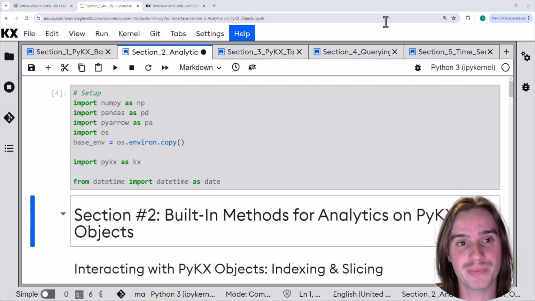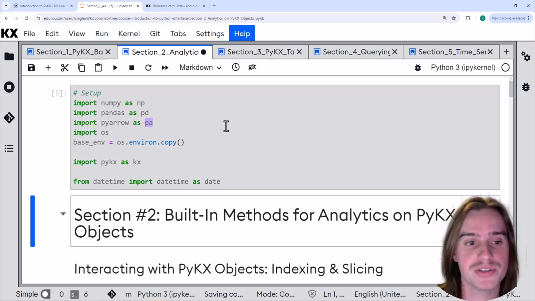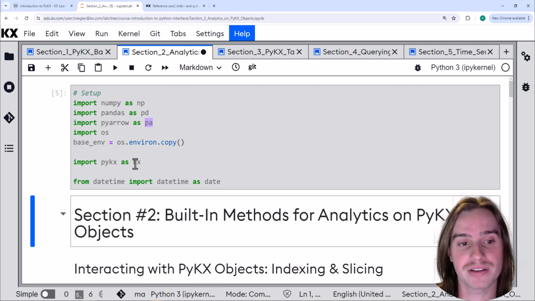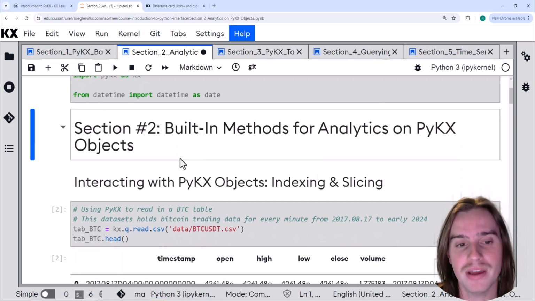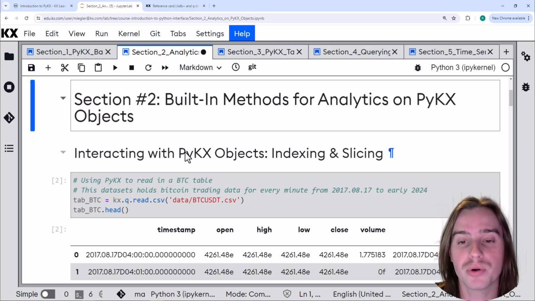Alright, go ahead and open up the Section 2 notebook and let's get started. So first, we will run a setup cell. This will import all the libraries that we need, including PyKX's KX. And then, what we're going to do is start off with just getting a little bit more in depth on